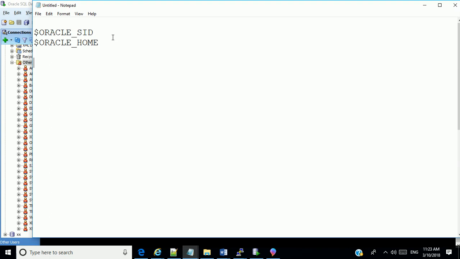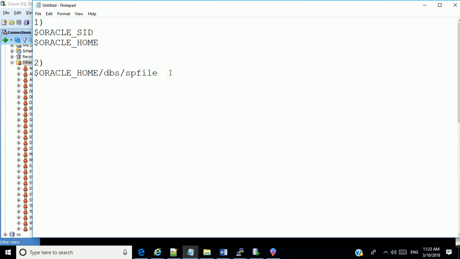Okay. Based on what it reads, it now goes into this step 1. Step 2 now, it goes to the Oracle home directory, and it goes under the dbs directory, okay? And it now looks for a file called spfile, with the Oracle SID, .ora.